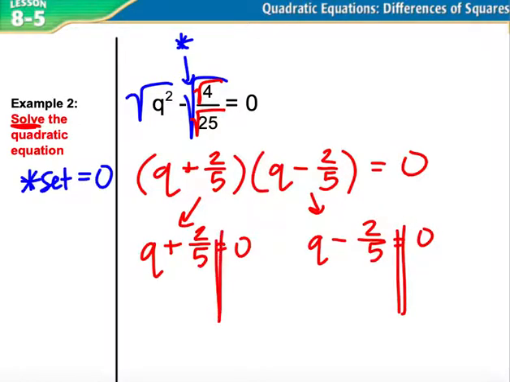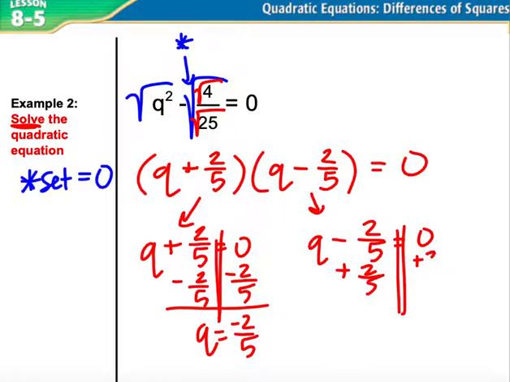Then this just is a one-step equation. You'd have to subtract this away. So one solution is negative 2/5. You could also add the 2/5 to the other side. The other solution would then be positive